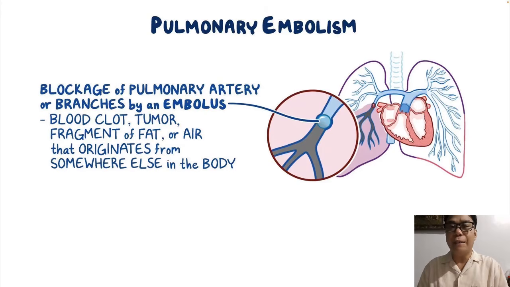We need to instruct them about the importance of using anti-embolic stockings. If they are female, we can tell them to avoid the use of birth control pills because basically birth control pills would increase the risk of pulmonary embolism. And always tell them to take their medication regularly, to adhere to the treatment regimen, and to keep follow-up care and follow-up checkups. Okay?